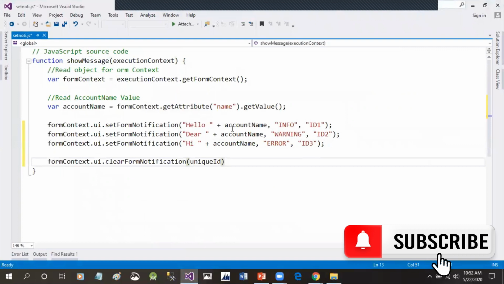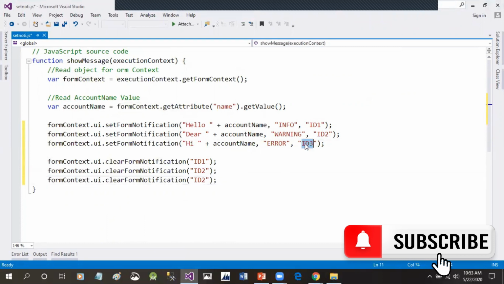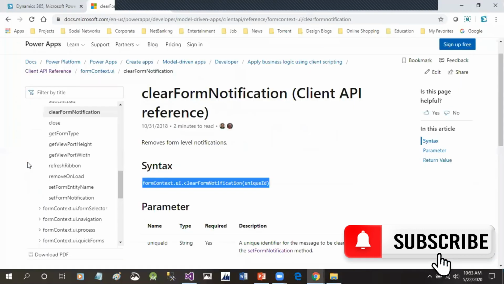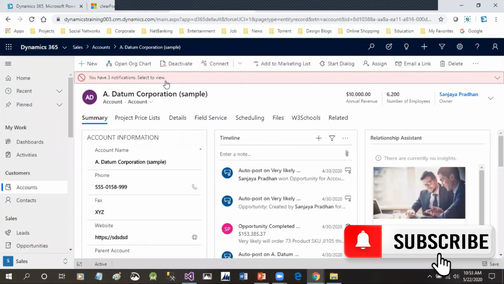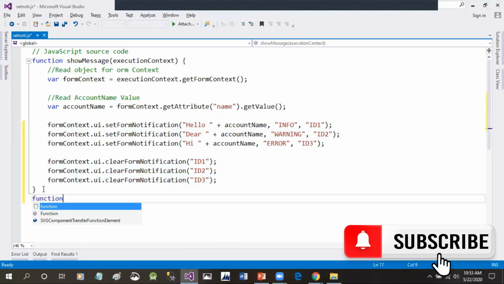So just copy this or copy the entire code, go here and paste here. Now in the unique ID we can pass the ID here. You can specify all IDs because I want to clear all, so we have to mention everything. Now, clearing the notifications at this section after this notification has no meaning, because when you load the page, it will display and clear, right? This is used when you have any other logic. Let's say the notifications are already displaying here and when you change some value, you want to clear them, then you have to write another function and call that clear notification, right?